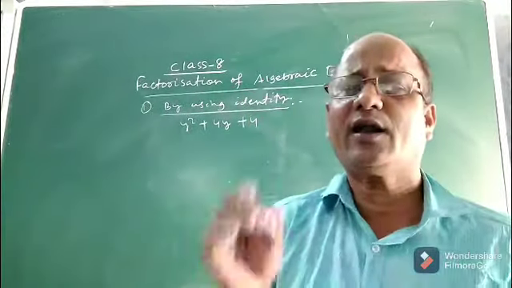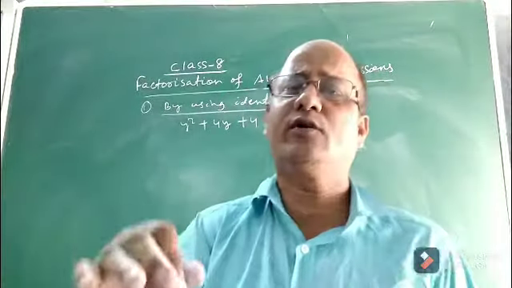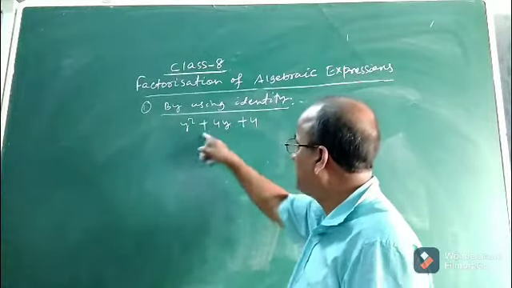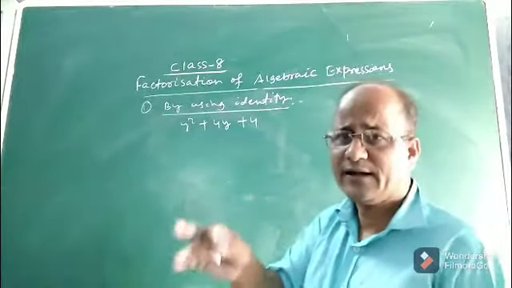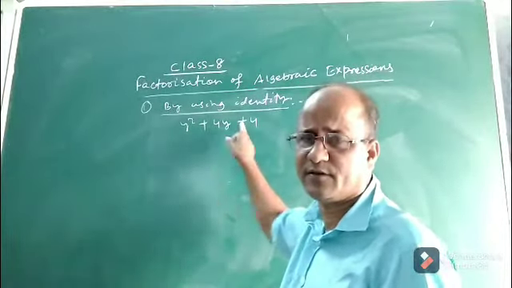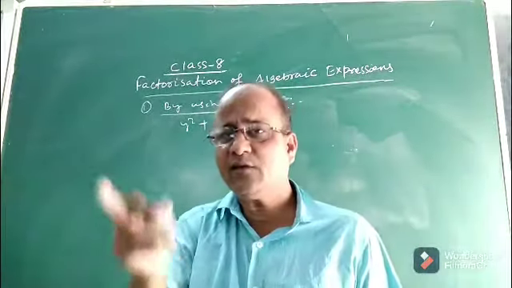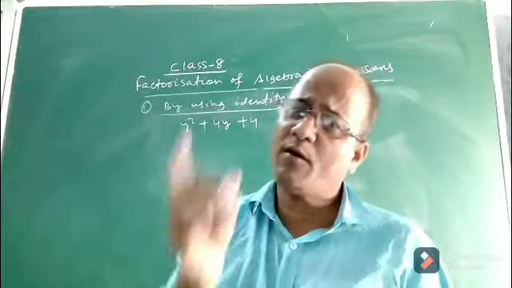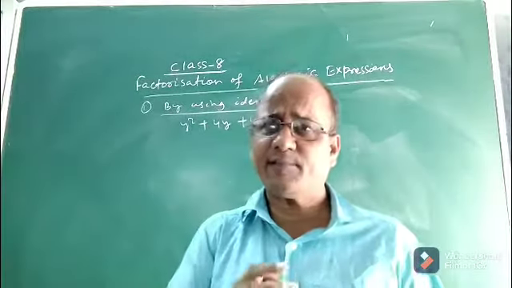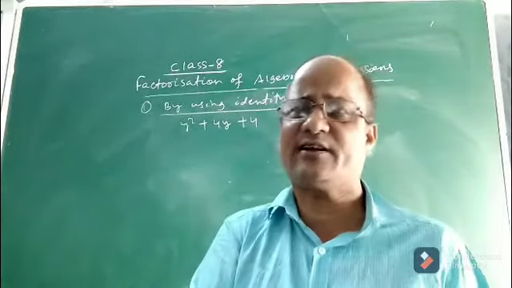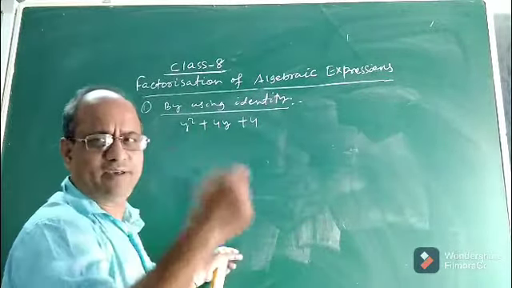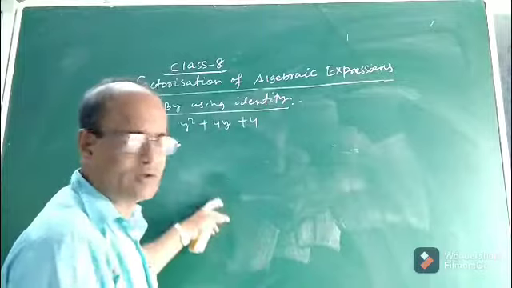Now you can ask me, sir, how to use identity? How will we know? That I am going to explain. In order to use an algebraic identity to factorize an algebraic expression, first you see the question. This is the given trinomial. Now first you have to think in which form it is, I mean it is in the form of which identity, among whatever identities we have read. That we have to think. You can easily know. What is the technique?